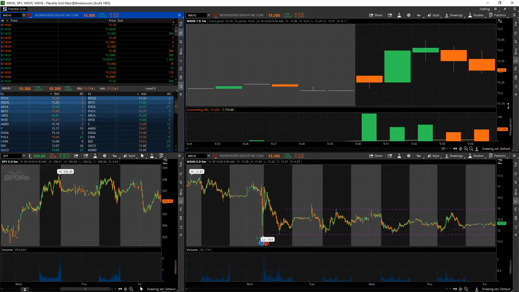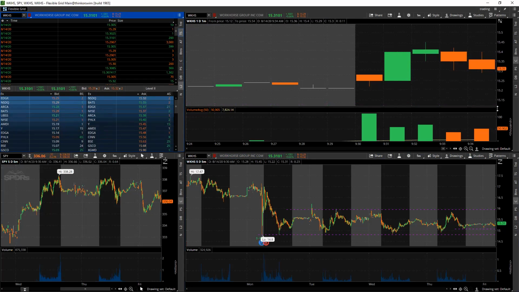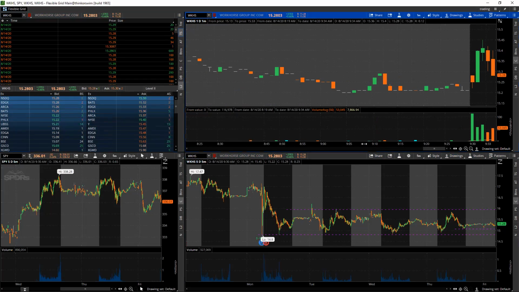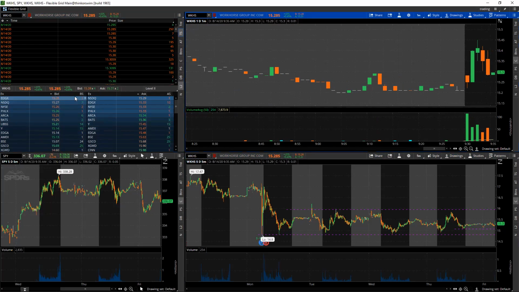So we're approaching 15.2. That's about the breakout level that we're looking for, and I would consider that significant for WKHS, which is a cheaper stock. So let's see. So far the tape is just showing me that there's aggressive buyers on the left side. Sellers not so much, but you can see that there's sellers still hitting this down to a certain point. The tape is printing mostly on the bid.